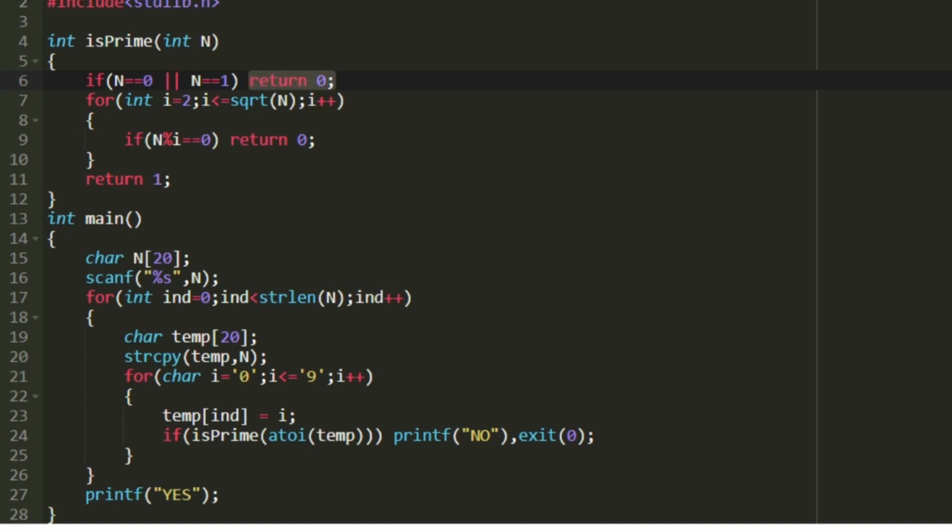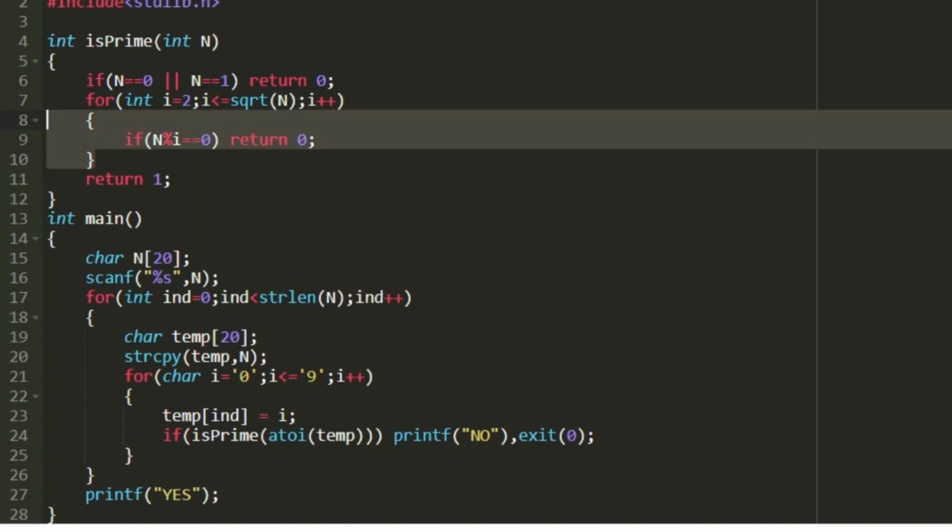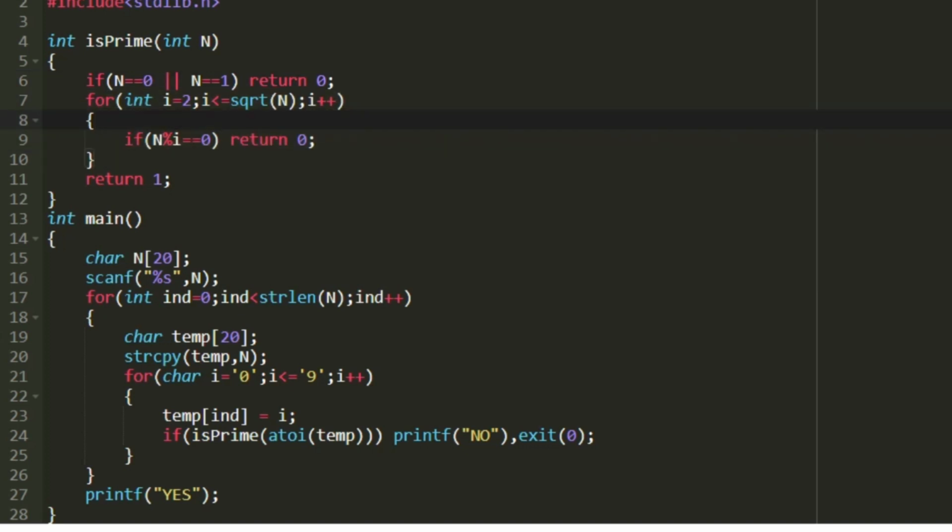And for all other values of n, we are going to check whether it is a prime number or not. If an integer is a prime number, it won't have any factors in the range 2 till the square root of n. And for the integers present in the range 2 to square root of n, if the integer n has a factor, then the particular integer is not a prime number. So that is the logic for checking whether the integer is a prime number or not.